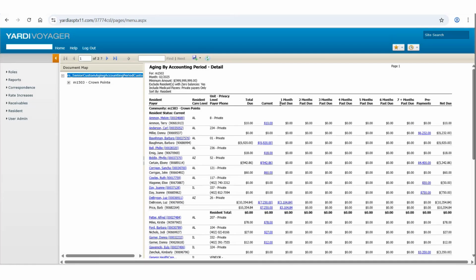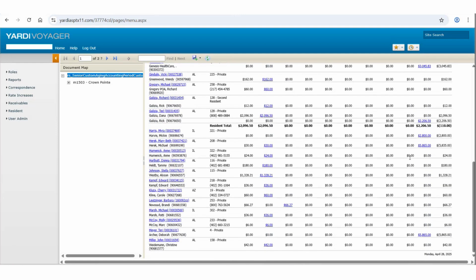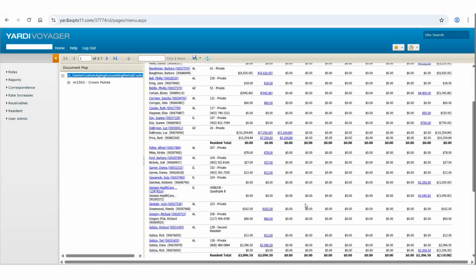Obviously, anything over here in the 1 month column through the 7 month column that's past due, any blue links in these columns are going to be red flags. You're going to want to click on those. It may be a small amount like this $66 one that is just an ancillary fee probably that pulled over from last month and will be picked up on the next month. But